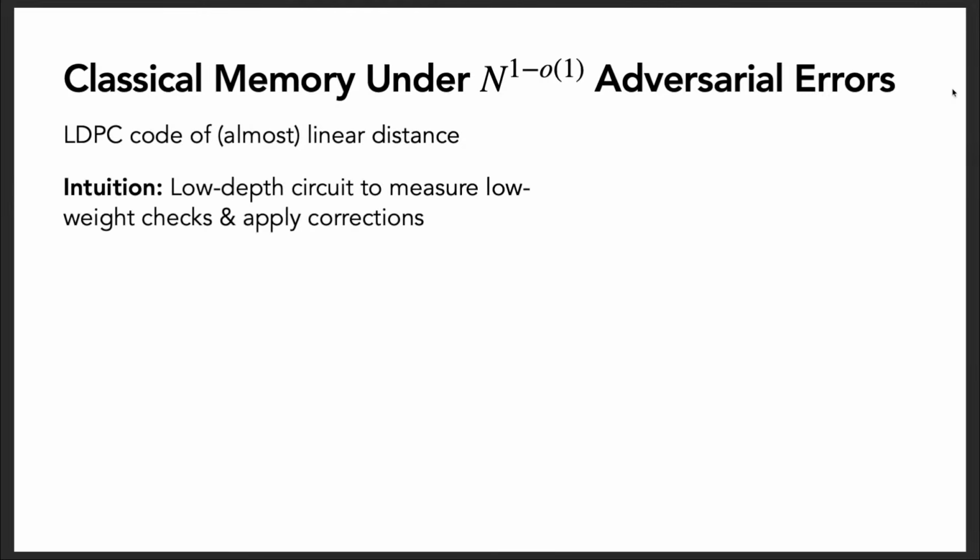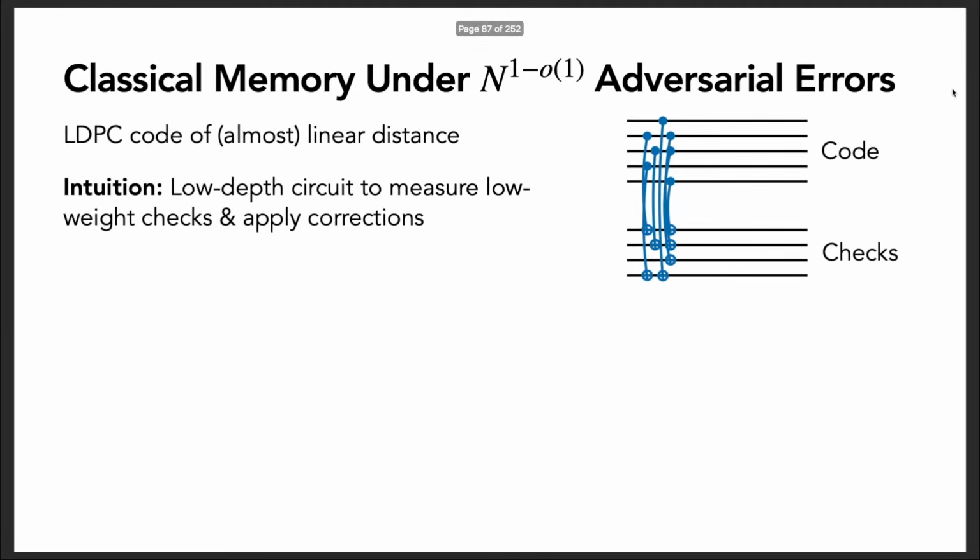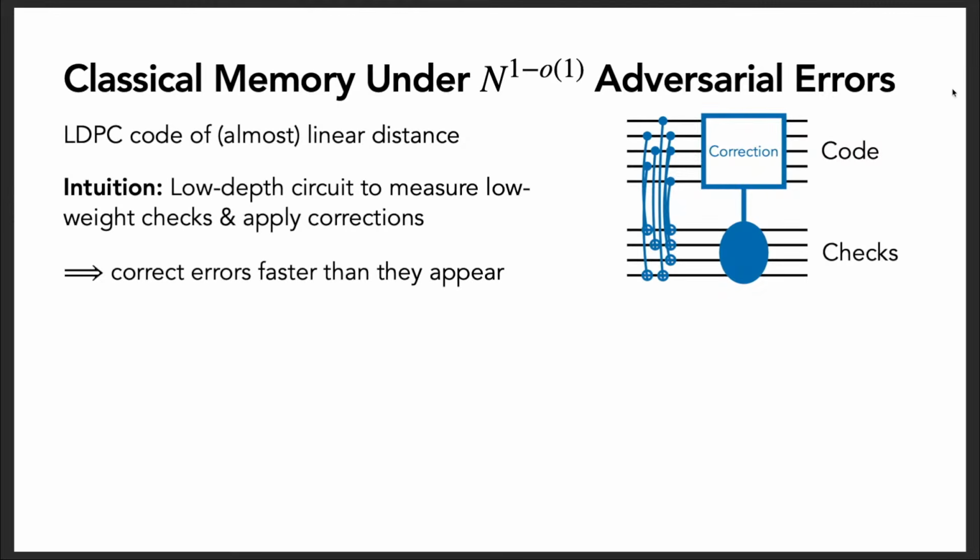Classically, you can take an LDPC code. This is a code in which there's a constant depth circuit that can measure some low weight checks. We have a bunch of low weight, local checks, each of which just checks a constant number of bits in the code. We can measure all of these checks in a constant depth circuit. Then based on the values of these checks, we can apply a correction, which will correct whatever error had occurred on our code. There are many known classical LDPC codes that support this constant depth check circuit and then a constant depth correction. The idea is that if everything is constant depth, then there's not much time for more errors to occur and propagate. So this error correction procedure can actually correct errors more quickly than they appear.